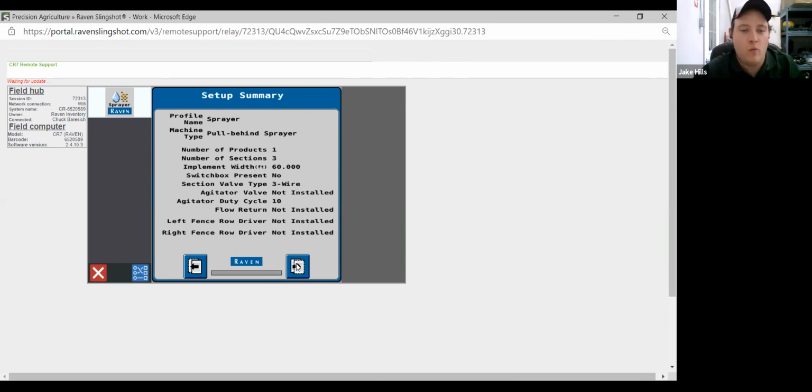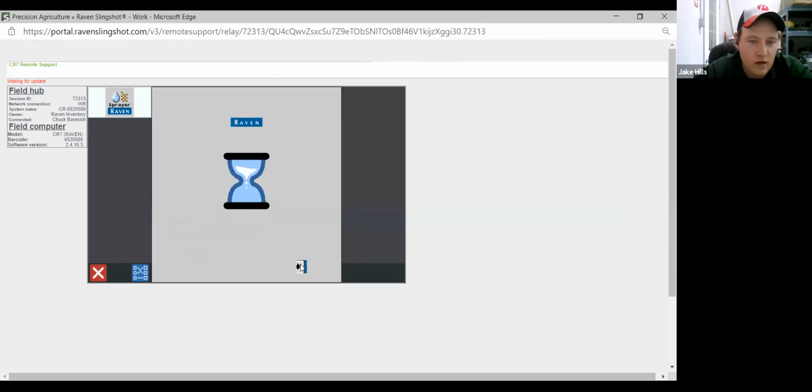So we can double check what we have going on. Again, it's not seeing a switch box, so it's going to say no. We have 3 wire sections and it just kind of goes through. So you can double check your system setup. So now if we hit next,